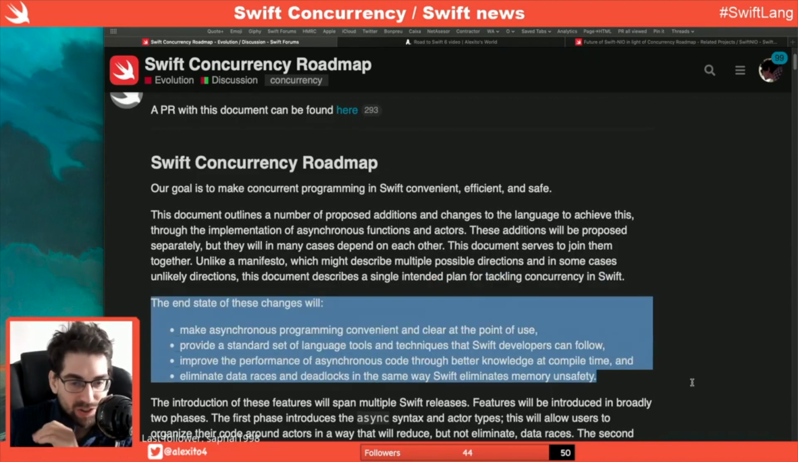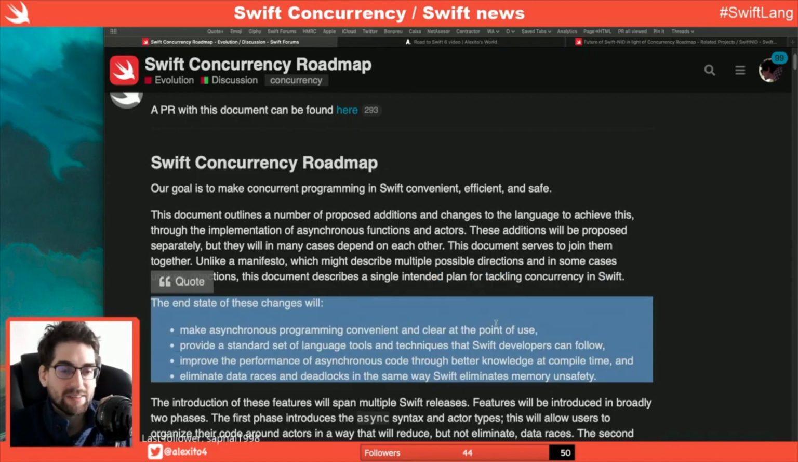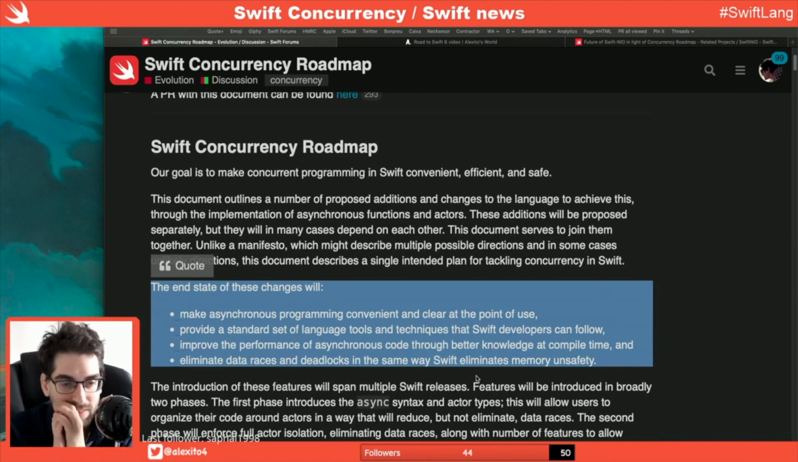Okay, so right at the start, they already tell us what we're going to have. Make asynchronous programming convenient and clear at the point of use. Fair enough. I guess that means async/await and stuff like that. Provide a standard set of language tools and techniques that Swift developers can follow. Okay,